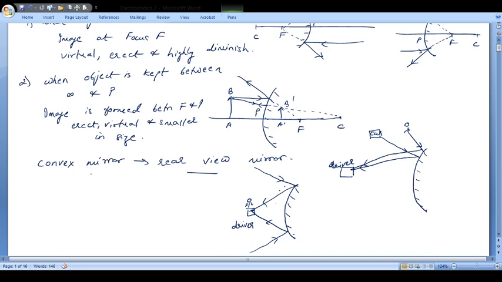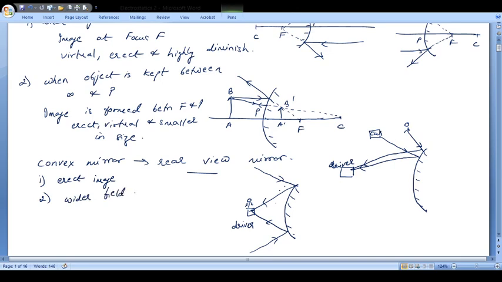So why are convex mirrors used? The first reason you can give is that the images which are formed are erect. So you get erect images. You don't see inverted images. It's not that you will see a car inverted, or a person inverted. So first of all, it is giving you the erect image, and the second reason is that because of this convex mirror, since it is curved outside, you will find that it gets wider